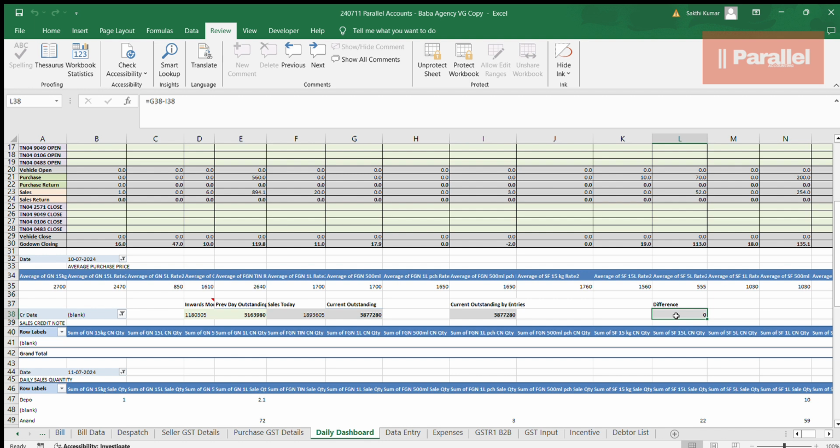So we have to see to it that the difference is 0, and the difference will be 0 only if your entries are correct. So this outstanding is picked up from this